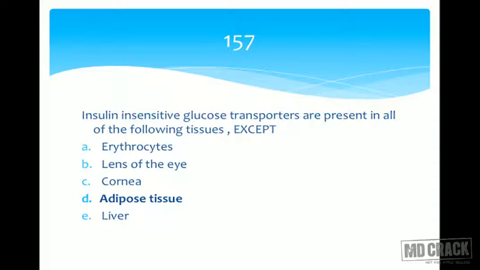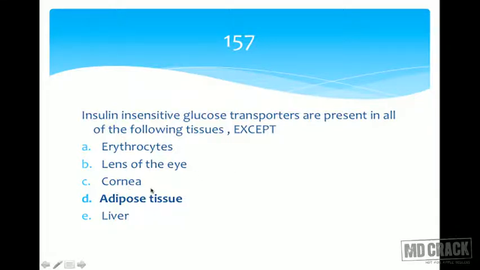Lens of the eye, yes, they also do not require insulin, because the lens is devoid of mitochondria. Why? If mitochondria were present in the cell, they would cause light diffraction and we would not have been able to see. So the lens does not contain mitochondria, and it is solely dependent on glucose. Whether insulin is there or not, in well-fed state, fasting state or starvation, the lens is going to use glucose, irrespective of the hormone balance within the body. So its glucose transporters are insensitive.